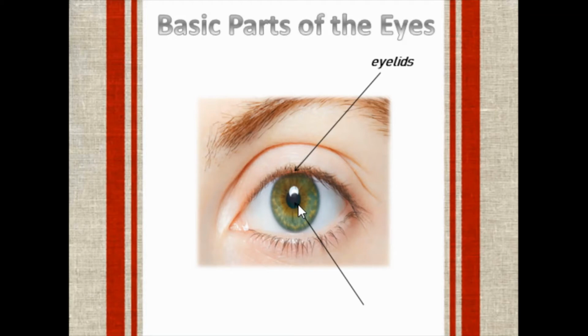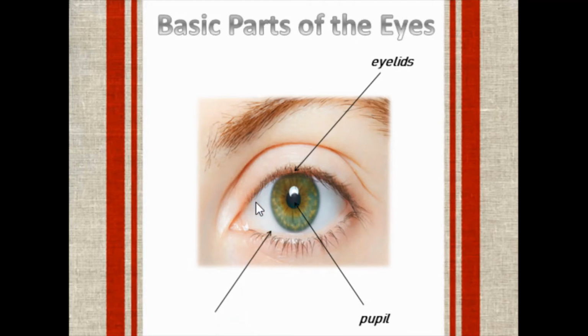The black portion of the eye. What do you call this one? Very good. It's the pupil. Again, please. This is the pupil. The pupil is the black portion of our eyes. And it functions like a camera that captures light from the outside environment. Next,